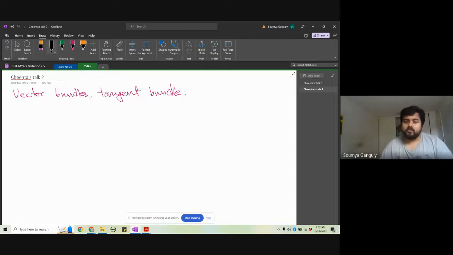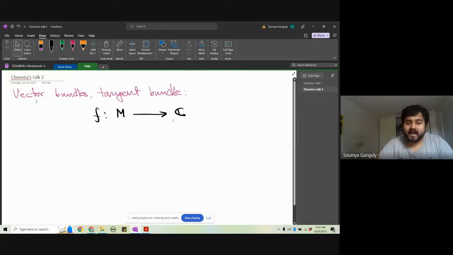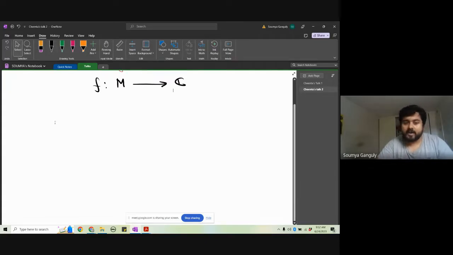So what do we do? Suppose M is a manifold, and a holomorphic function f is a map from M to C which obeys the Cauchy-Riemann equations locally. But if M is a compact manifold, then we don't have a global holomorphic function other than the constant ones. Then how do we study a manifold? There are different kinds of functions on manifolds. For that, we need to introduce the concept of vector bundles.